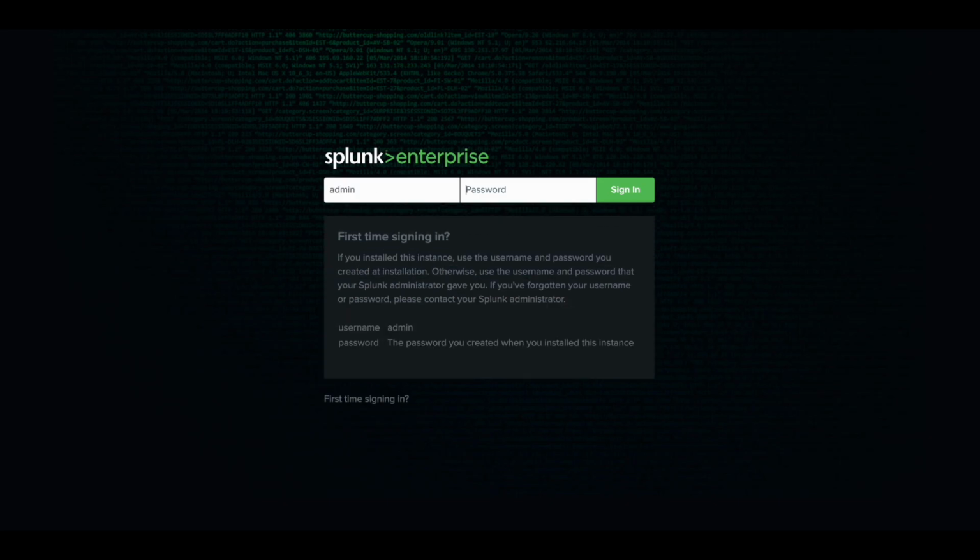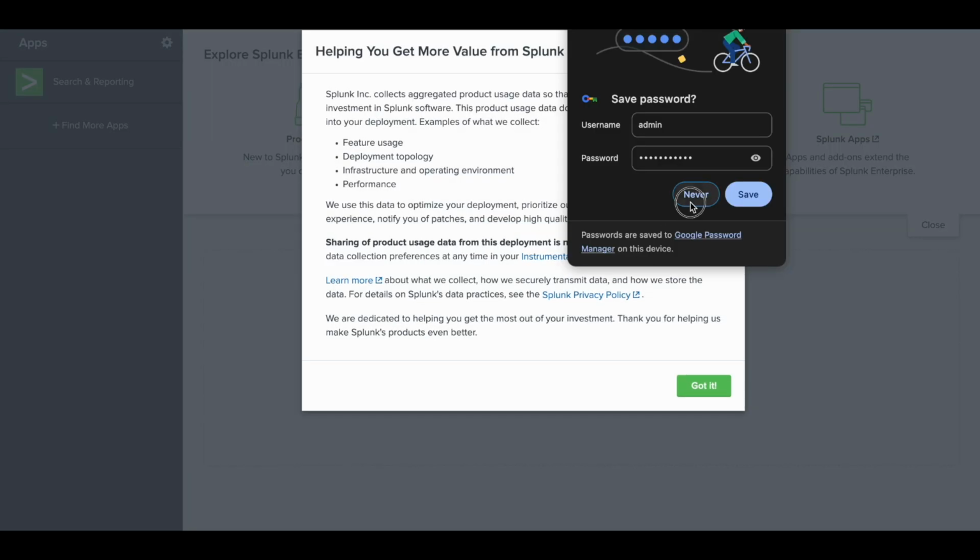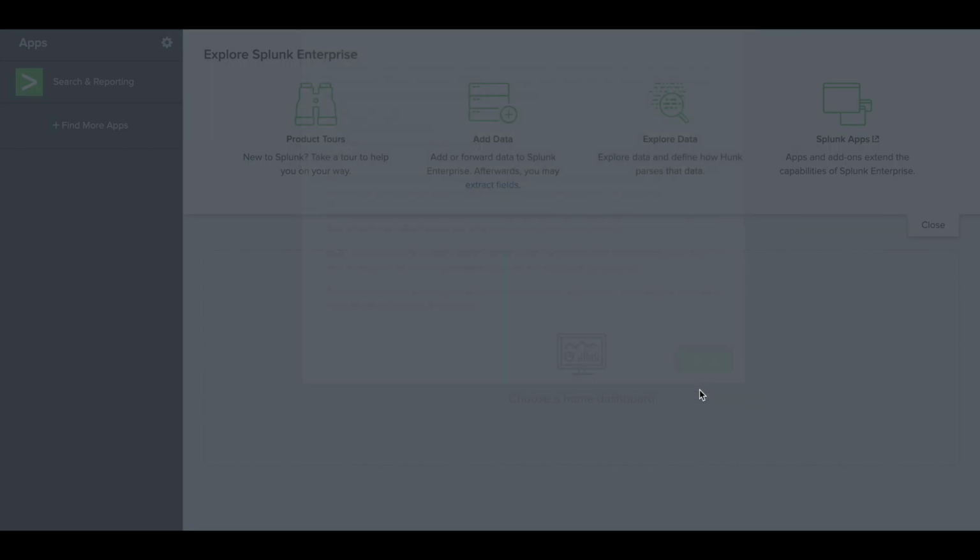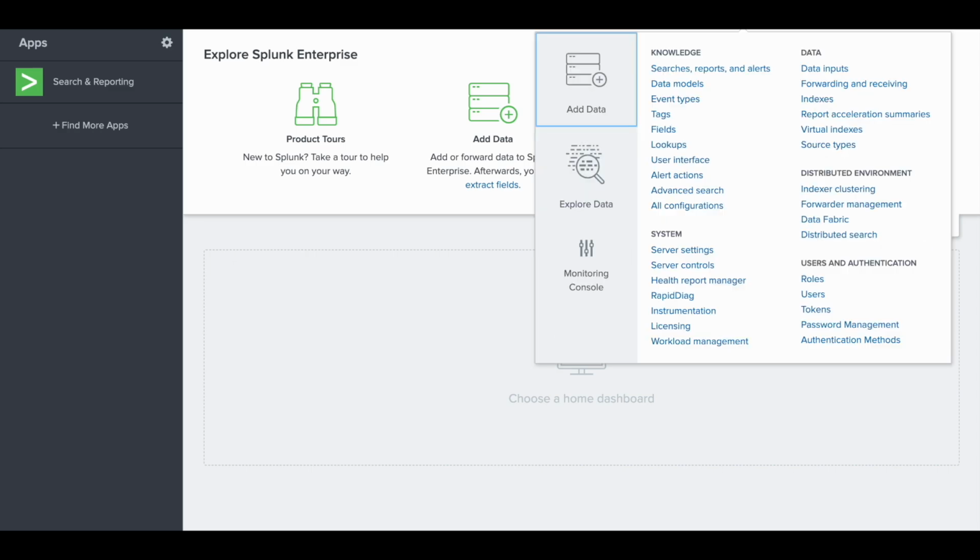Okay, got it. So in search head 1 in the distributed environment,